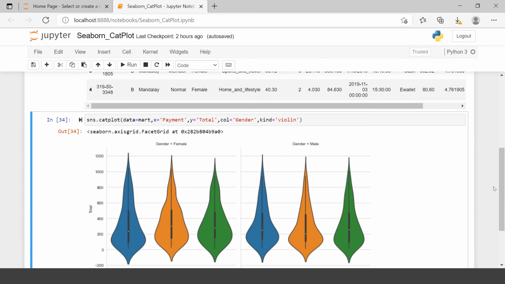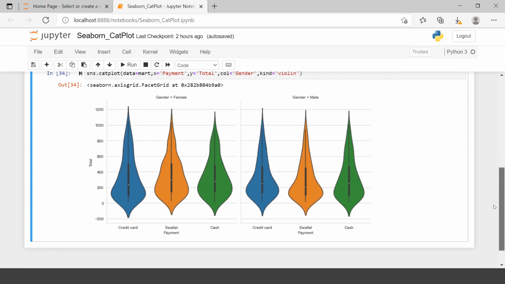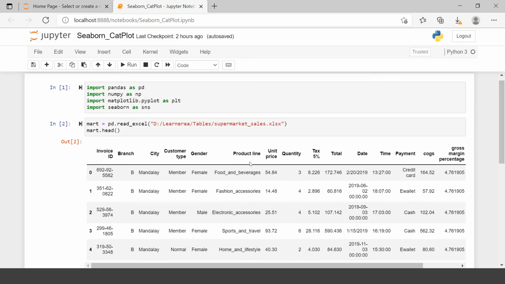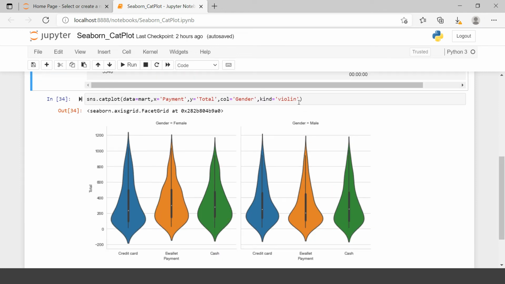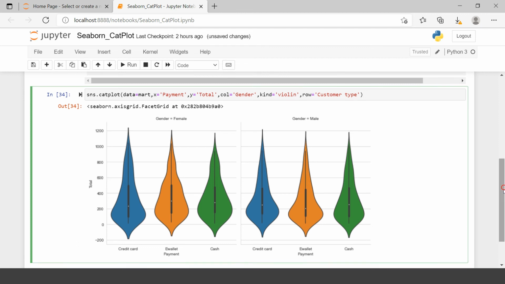Let's try to create another separation on the basis of city. If you see over here, we have just separated the plot on the basis of gender. Now let's say I want to separate it further on the basis of customer type as well, right? So let's try to do that also. For that, we can simply use this argument.